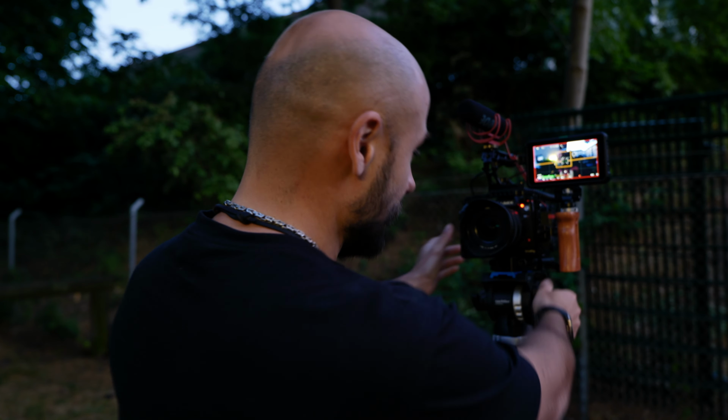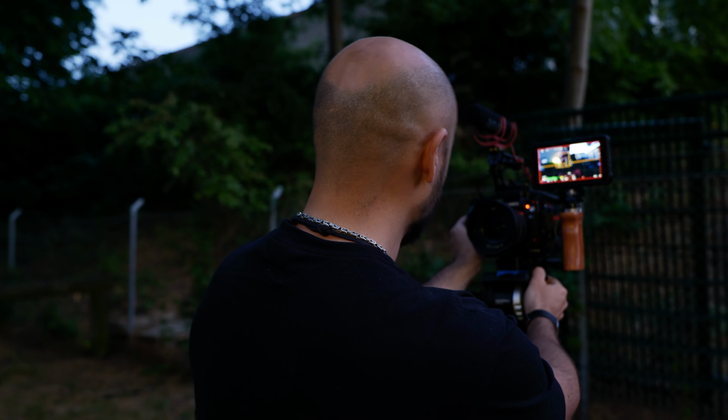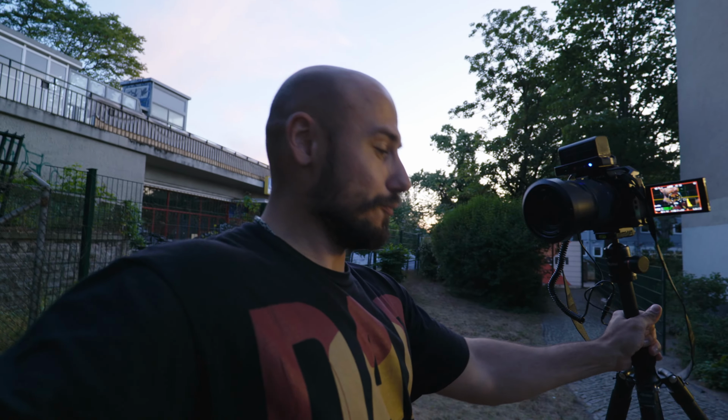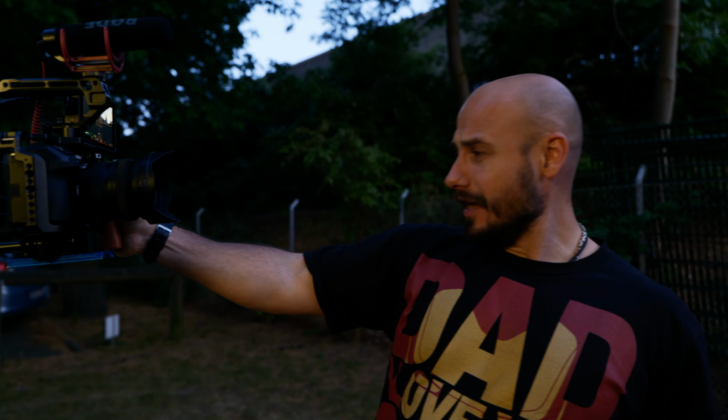You don't want to have always a shallow depth of field when you vlog. You want to see the environment. You want to see the nice beach where you're at, the nice city, etc. And I could now carry this camera when it's not so ultra heavy. Let's carry a full rigged out Lumix S5iix in one hand. Ladies and gentlemen, that's the Lumix S5iix vlogging test with the 16-35mm lens, and I can vlog now with this